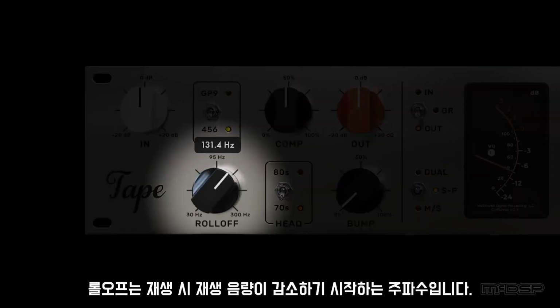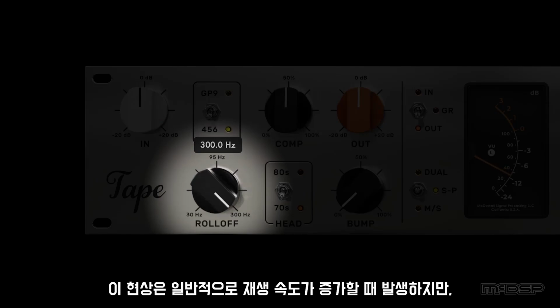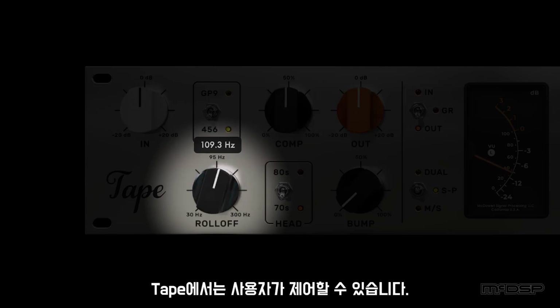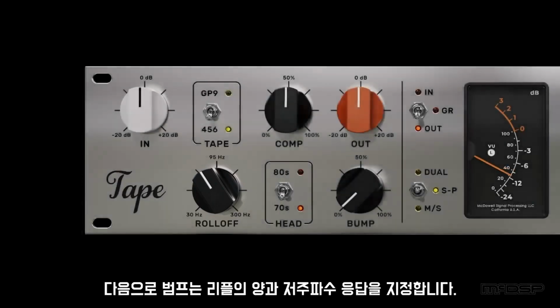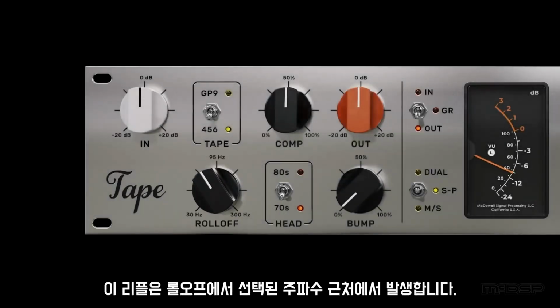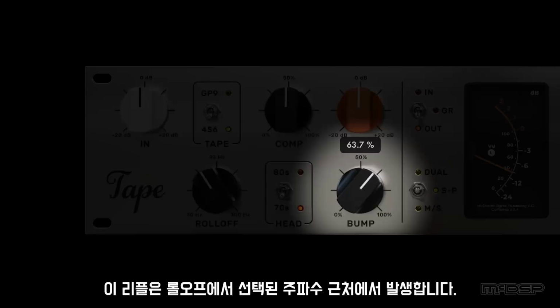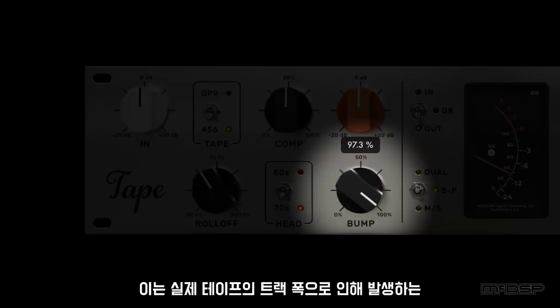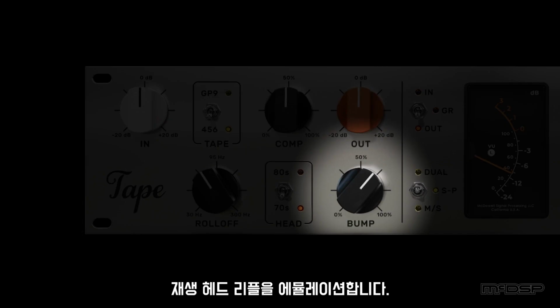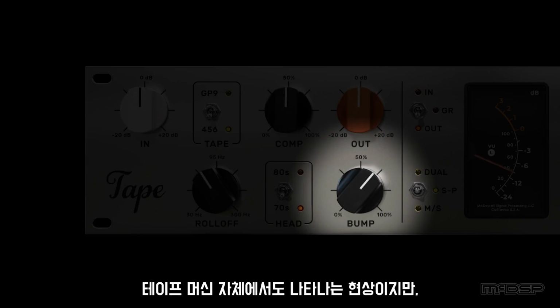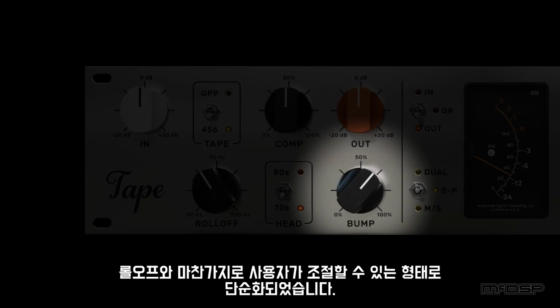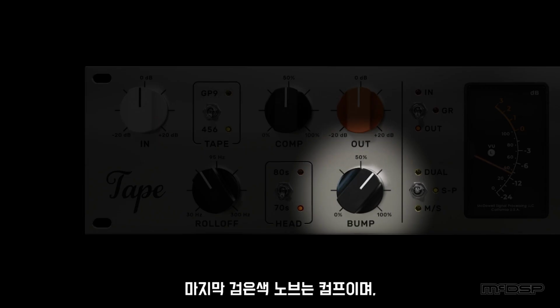Roll-off is the frequency at which playback reproduction levels begin to reduce. This phenomenon is generally caused by increasing playback speed, but in tape, it is reduced to a user control. Next, bump designates the amount of ripple and the low frequency response near the frequency selected by the roll-off control. This emulates the playback head ripple that is generally caused by the width of each track on an actual reel of tape and the tape machine itself, but just like the roll-off control, this sound is reduced to a convenient